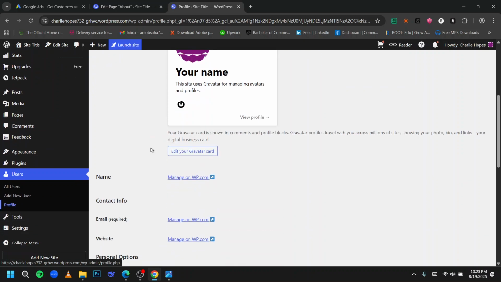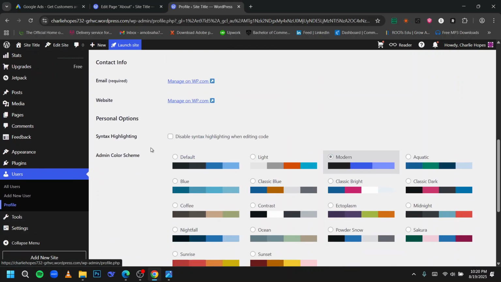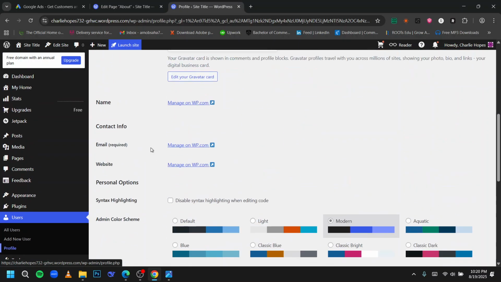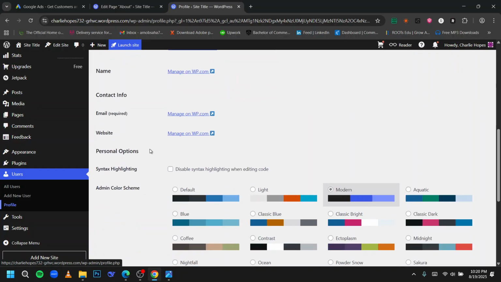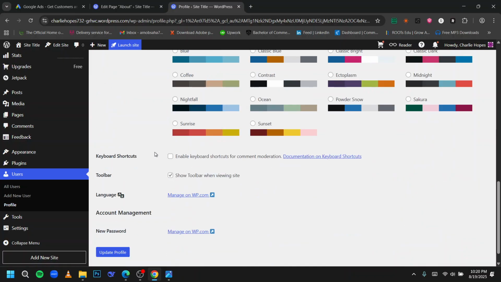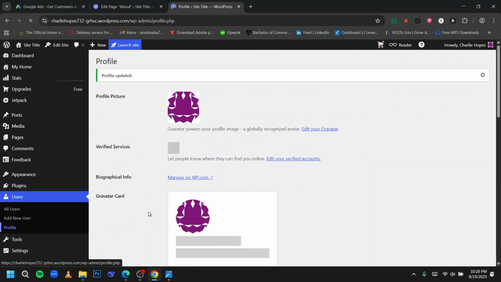And then you have to just scroll down like this, and once you scroll down you will get the option of visual code option here. Since I don't have that, but in your case it's supposed to show like this, and then what you need to do is just simply click on the here. You can see that the disable syntax highlighting when editing code, just simply select it, and after that you have to just simply click on the update profile, and that's how you can just easily disable the visual code editor